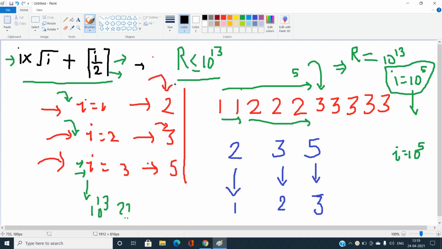If R is given as 10 power 13, you can easily see that the maximum I we are going to get would be around 10 power 5, and we can easily operate on these 10 power 5 distinct values.